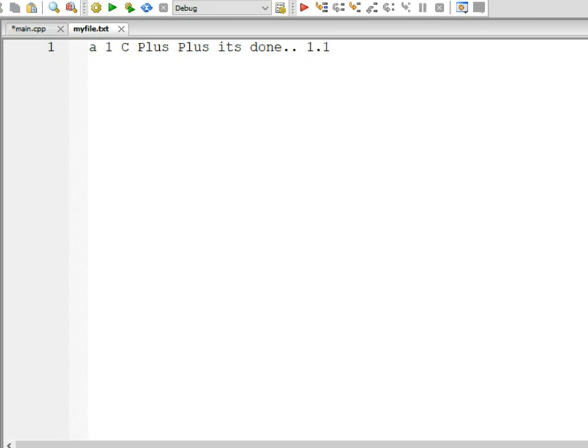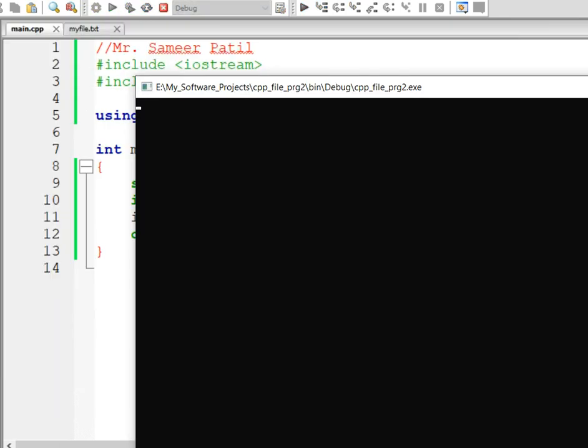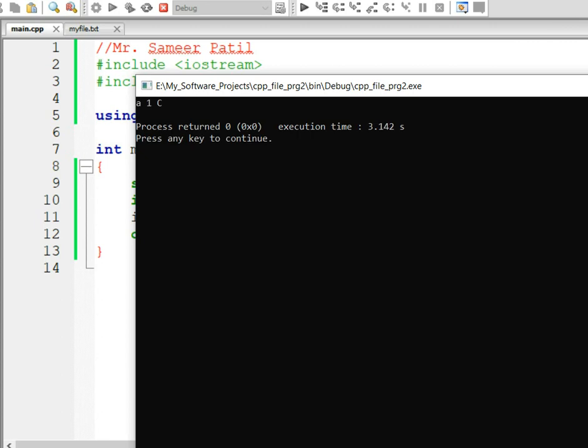So a is the first string, 1 is the second string, again there is a space, and then c comes in the picture. So this program is going to display a, 1, c. Let's compile and run. Here you can see that the program is displaying a, 1 and c.